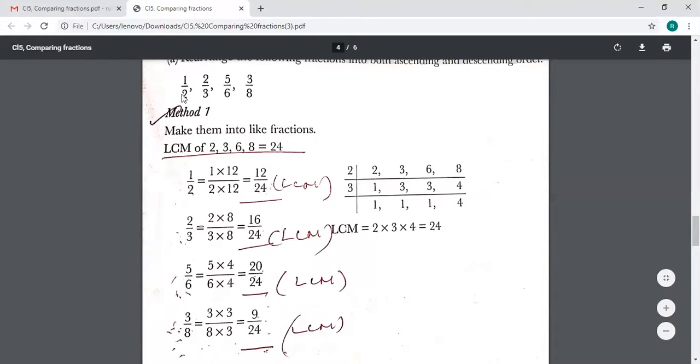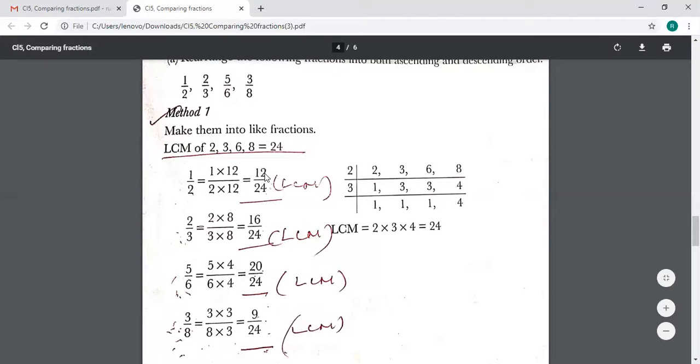Now we just counted 1 by 24. Please do not do that. We have to find a replacement. We cannot write 1 by 2 is 1 by 24, isn't it? We have to find something equal to 1 by 2 whose denominator is 24. Remember, this was the missing one. So in the same way, for 1 by 2, 24 is the LCM.